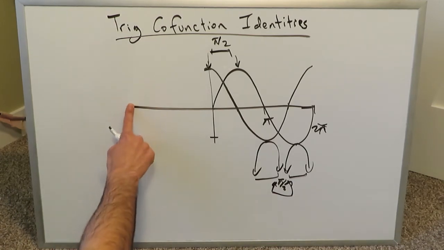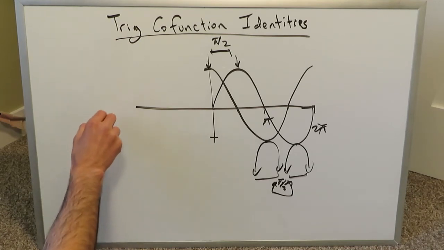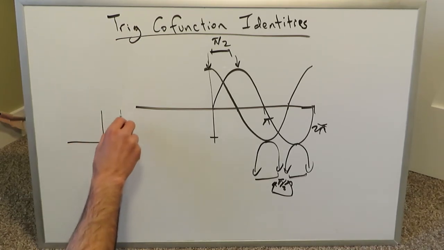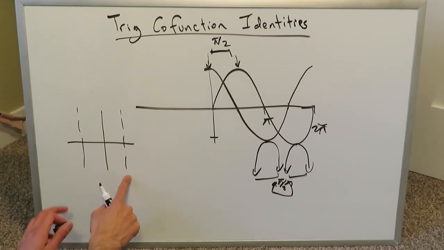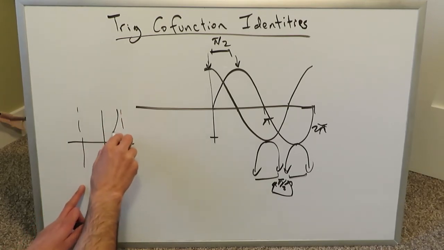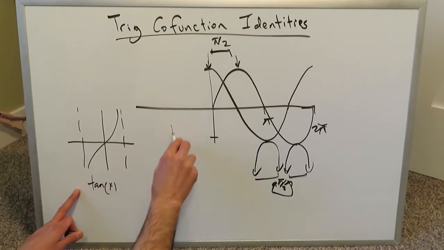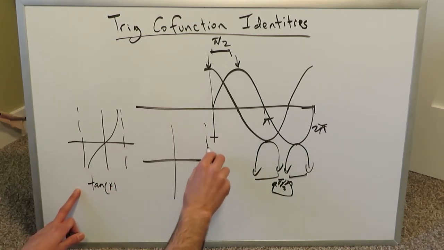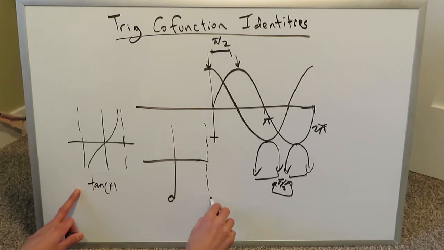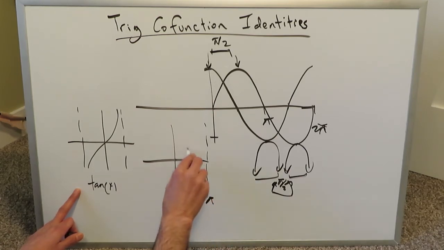The tangent and the cotangent are not identical, but they indeed also have this shift. Here's a tan curve, which, you know, has pi over 2 and minus pi over 2 as the vertical asymptotes, and it looks something like this. That's tan x. And then let's draw cotan x. In the cotan x, you have 0 and pi serving as vertical asymptotes, and the curve looks something like